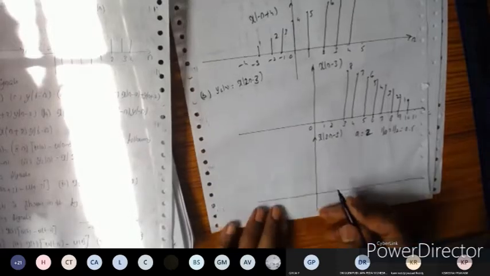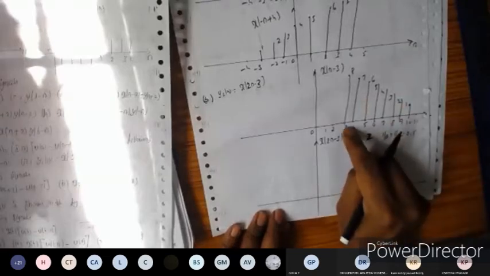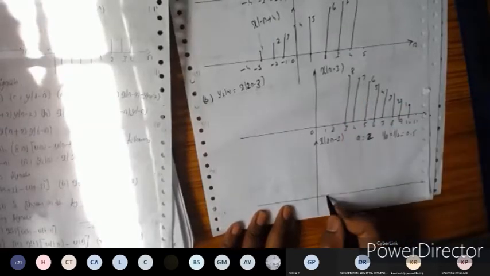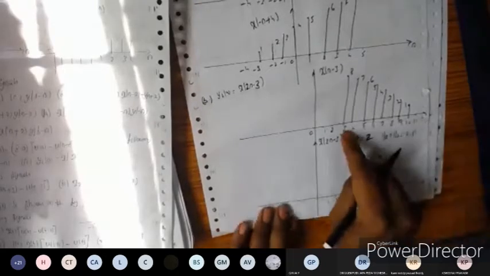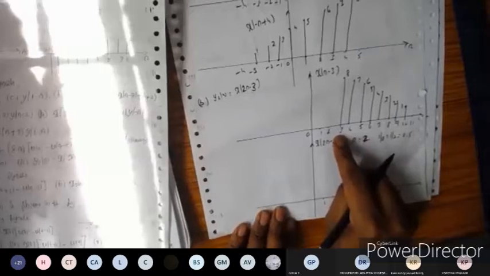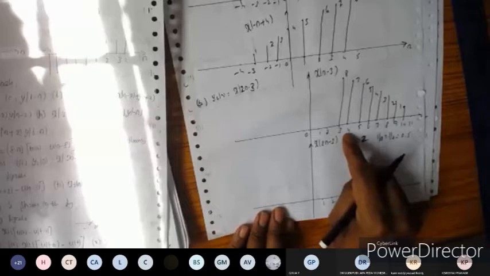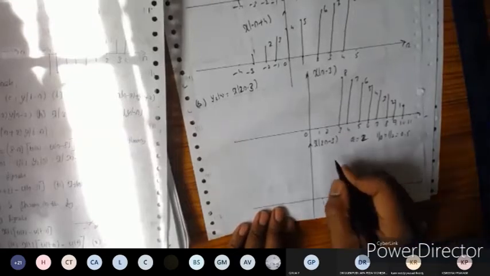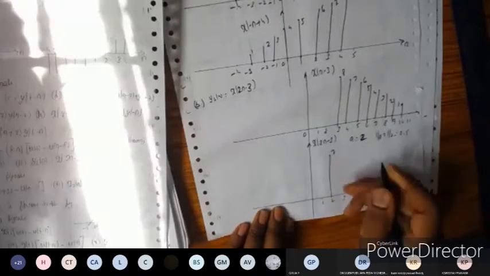Let us multiply here. So 0.5 into 3 becomes 1.5. Let us define the time index and mark it. 0.5 into 3 becomes 1.5; let us discard this one, because at 1.5 the discrete time signal will not exist. Next, 4 into 0.5 becomes 2. At 2 we have the amplitude 7.